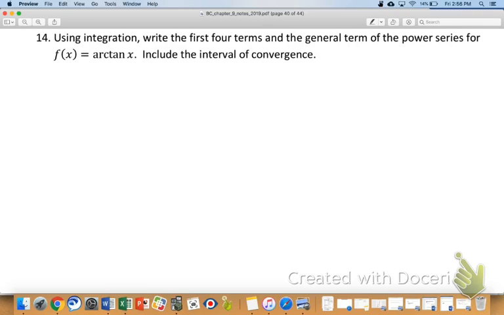What did you see when you saw using integration and then you saw arctan? Derivative of arctan, yeah. So maybe you would write that down and say, well, I don't really know how this is going to go other than I got to use integration. f of x equals arctan. Why not think of this? I think this is a great strategy because the hope is that as soon as you see this, you would see, oh, that's just a geometric series that's been messed with, right? Okay. So this would equal